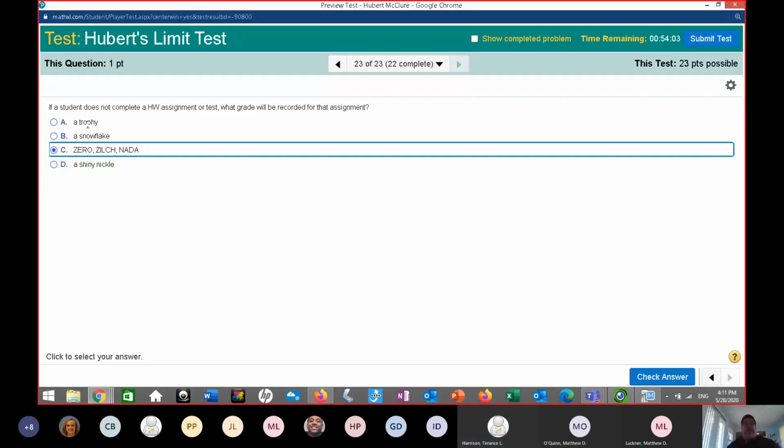Anyway, halfway through the semester I said we're going to start the FOIL method, but I pronounced it the way I pronounce it, being the Southern gentleman that I am. Full. And she wanted to make a big deal out of it. She said, Mr. McClure, I do not understand what you are saying, and she talked through her nose. I said, with two binomials, if you multiply, you use the FOIL method. I still do not understand what you are saying, Mr. McClure.